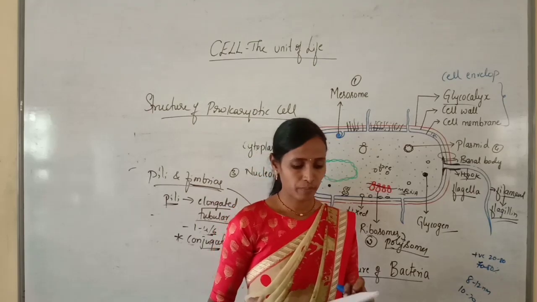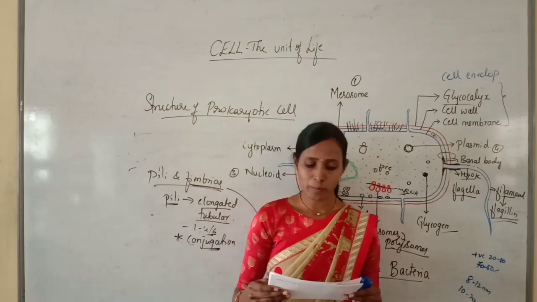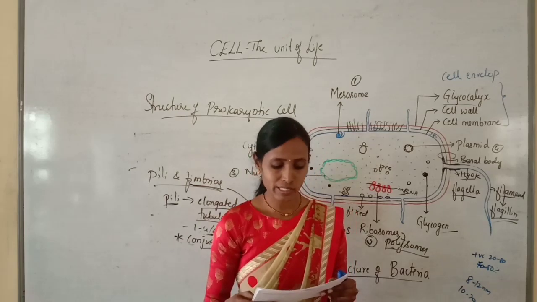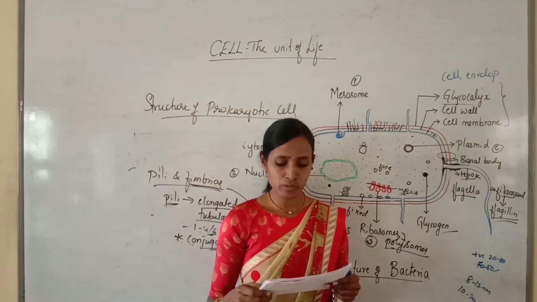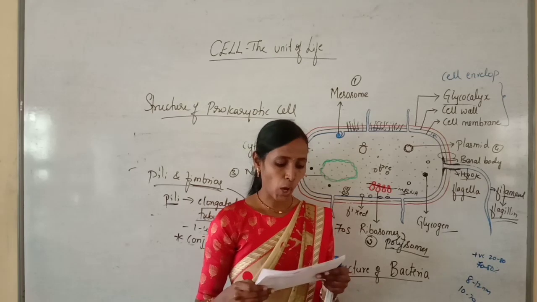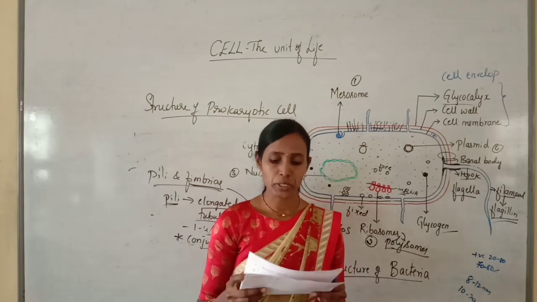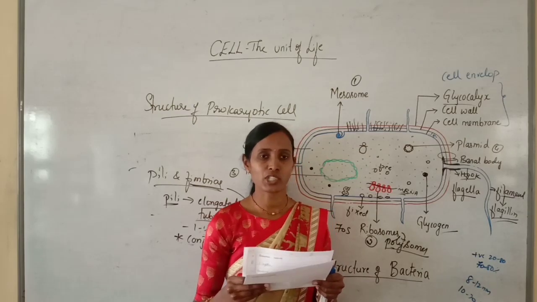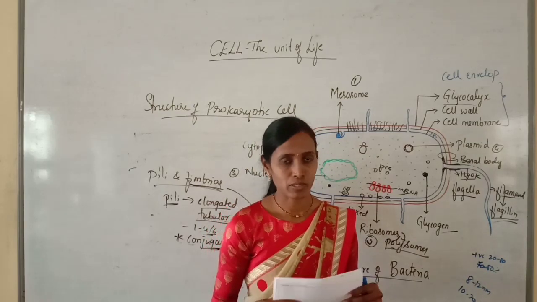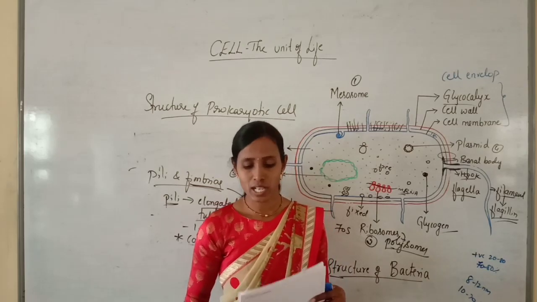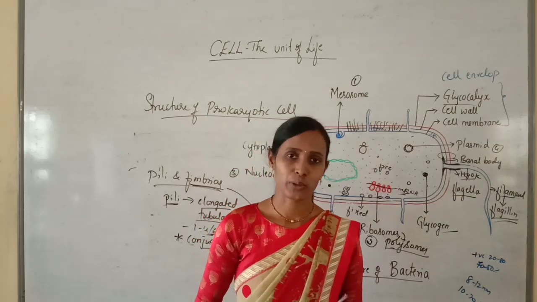Next, fifth question: plasma membrane shows inward foldings into the cytoplasm called option A flagella, option B pili, option C mesosomes, option D fimbriae. So mesosomes are the inward foldings of the plasma membrane. And next question: plasma membrane produces membranous extensions into the cytoplasm which contain pigments, called option A chromosomes, option B chromatophores, option C centrosomes, option D ribosomes. So chromatophores are the membranous extensions which contain pigments. So this completes the structure of prokaryotic cell. In the next class, we will start with the eukaryotic cell. Thank you.